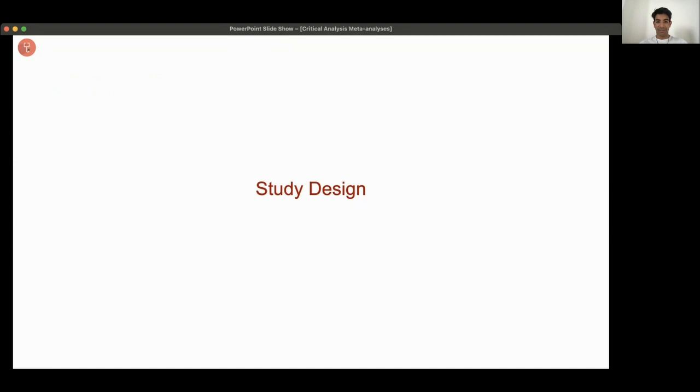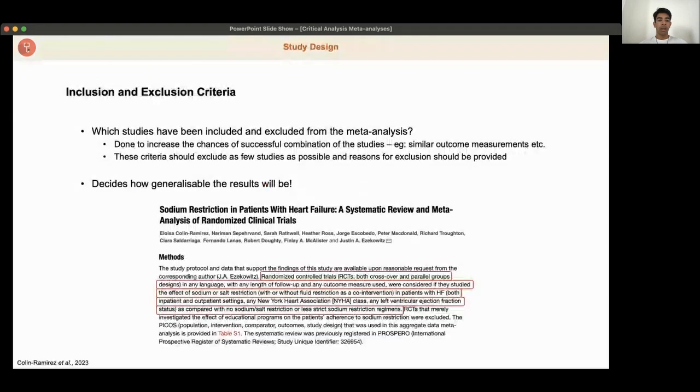Let's start off with study design. And that's how the study is built up and how they actually carry out the meta-analysis. Okay, let me just explain this slide first. Don't read anything that's at the bottom. That's the example paper that we're going to go through. Right now, just listen to me. And then if you want to look through everything later, I'll tell you where to focus, or you can also look through it later on YouTube or Medal.